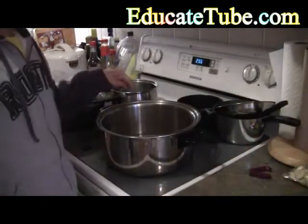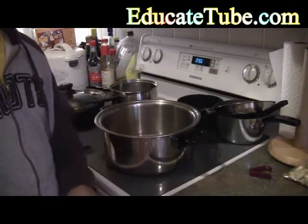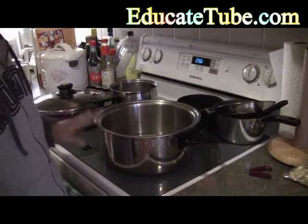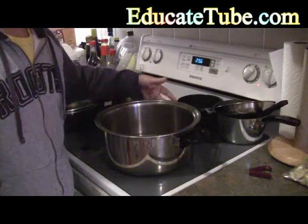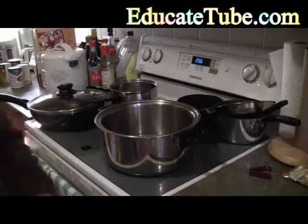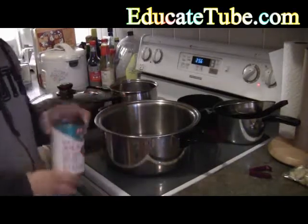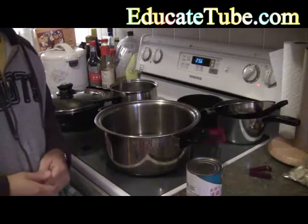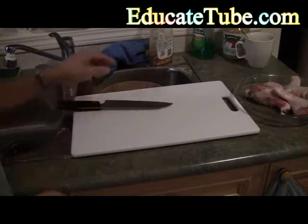The first thing we're going to do is add water, about 250 to 400 milliliters, into this pot. I'm going to heat it up and let it boil. Then I'm going to add the chicken broth into this pot, and we're going to add the chicken later. In the meantime, while the water is boiling,